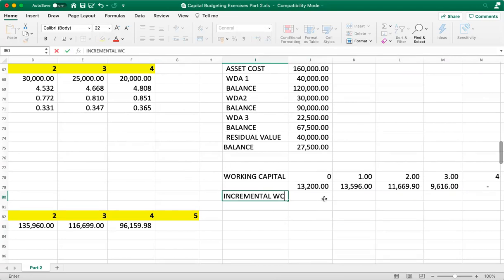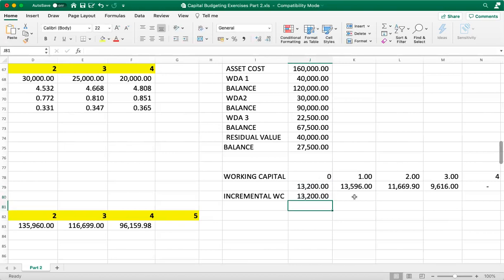Now, what you require is incremental working capital. So if it is 13,200 in year 0, and in year 1, this figure will move to 13,596. It means it is a top-up, which basically means 13,596 minus 13,200. So if you top up by 396, you get 13,596. And using the same logic, we go up to